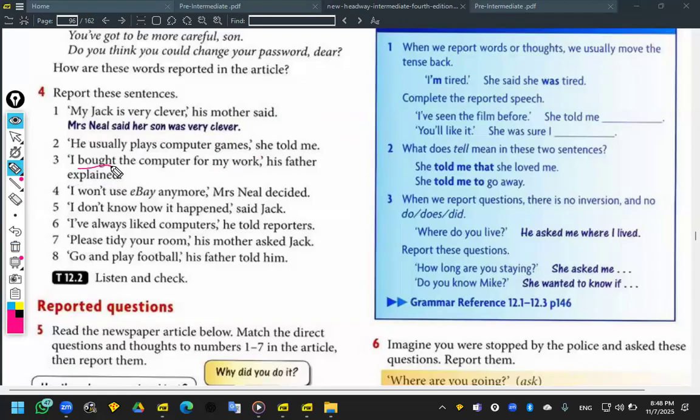4. I won't use eBay anymore. Mrs. Neal decided that